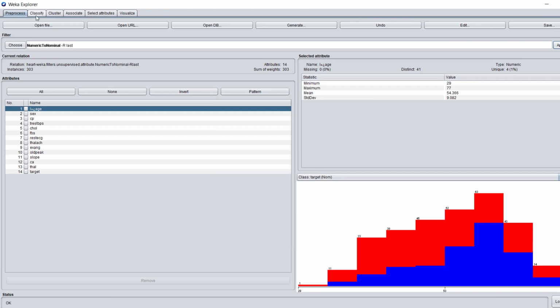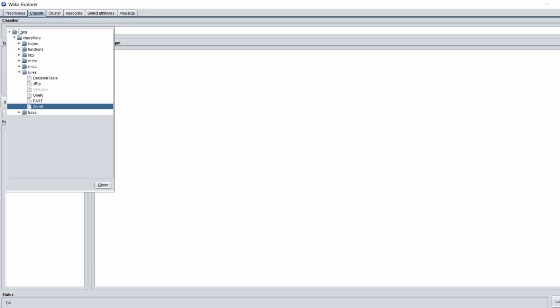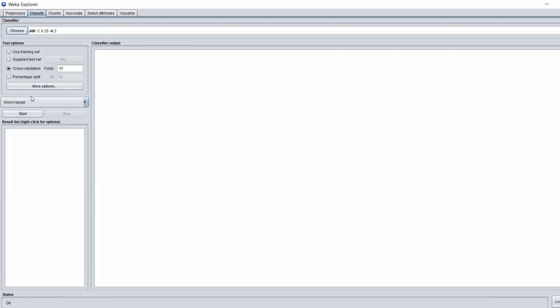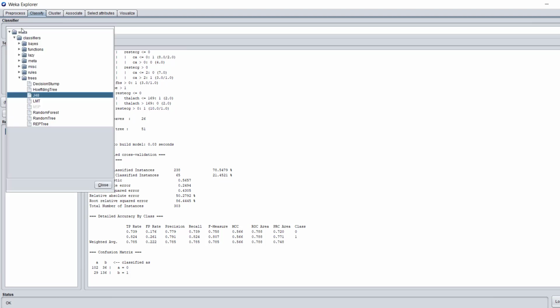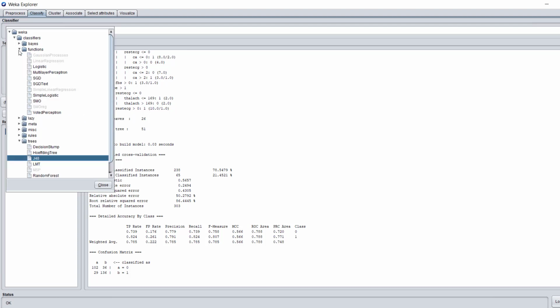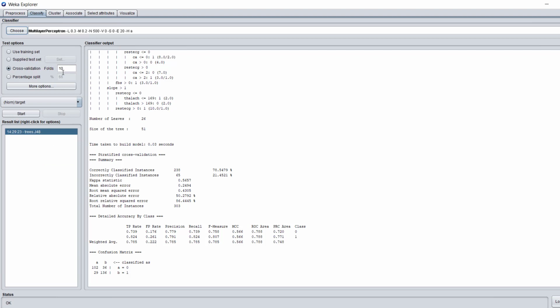Now, as we learned, we can very easily run a decision tree. And we got 78%. In order to run a neural network, we will choose it from the functions folder here under multi-layer perceptron. Let's just run it once and see the results.